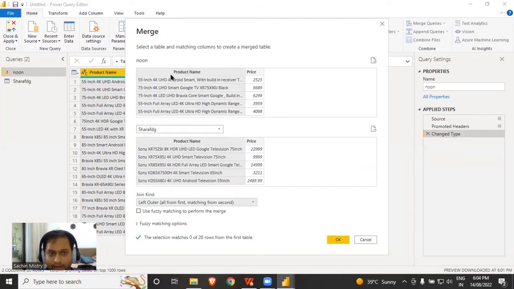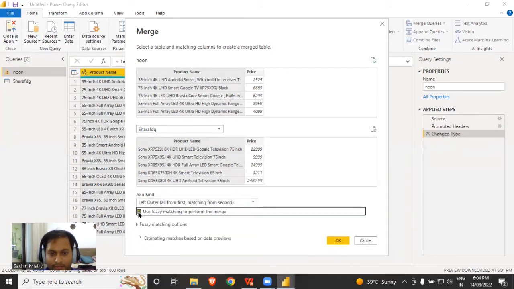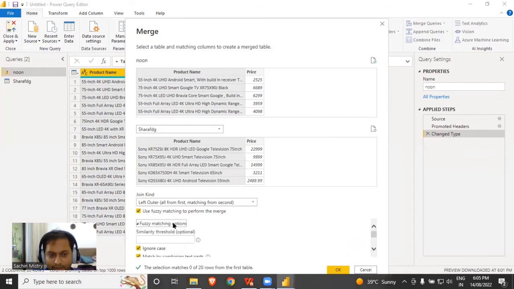But now in this case, I don't have an exact match. I need to match with the keywords which are present over here. So Power Query in Power BI gives us an option to use fuzzy matching to perform the merge. So we'll be going through this and trying it out. So when you notice, when I click on fuzzy match, I have the fuzzy match option over here. So there are different ways. The similarity threshold is basically